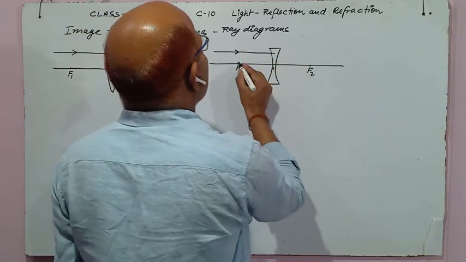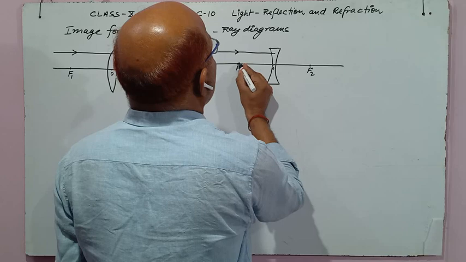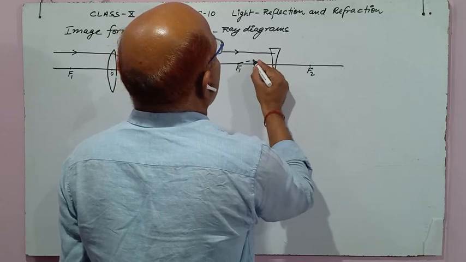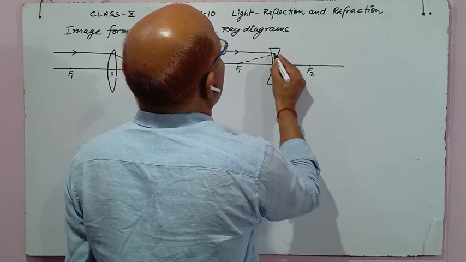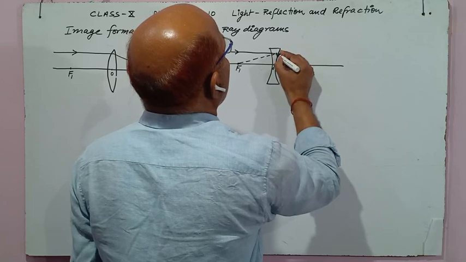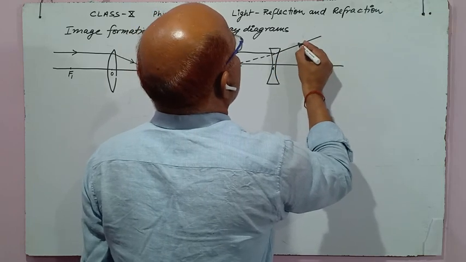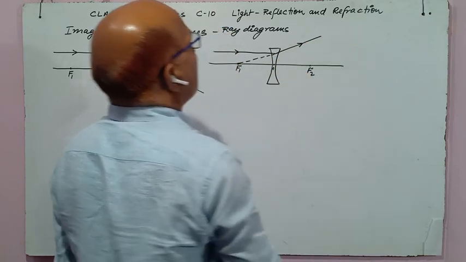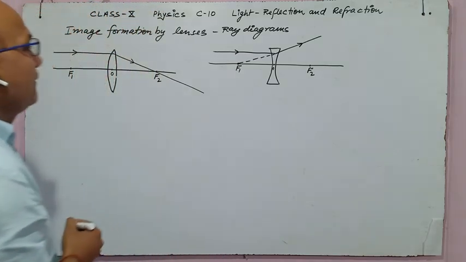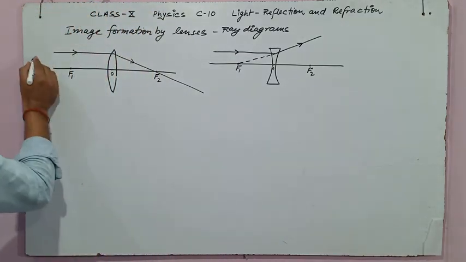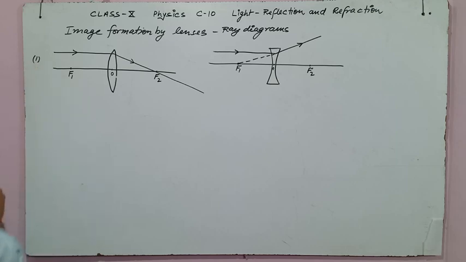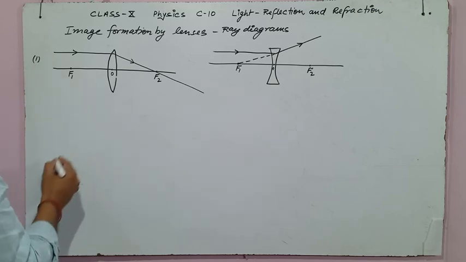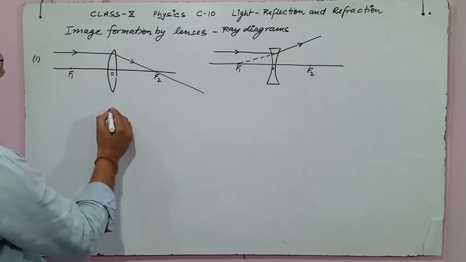After passing through the lens, it appears to diverge from the focus in this way. So this is first rule, and now second rule is